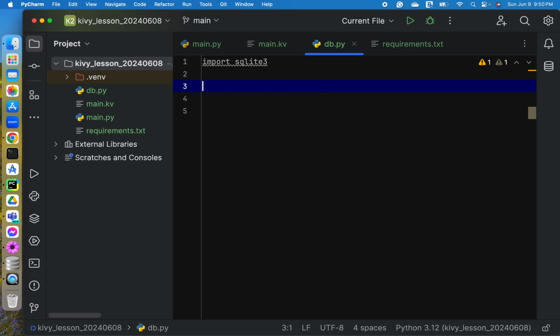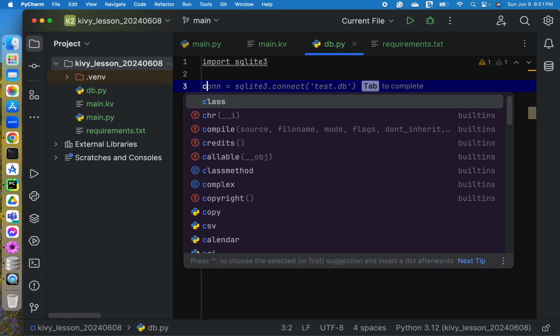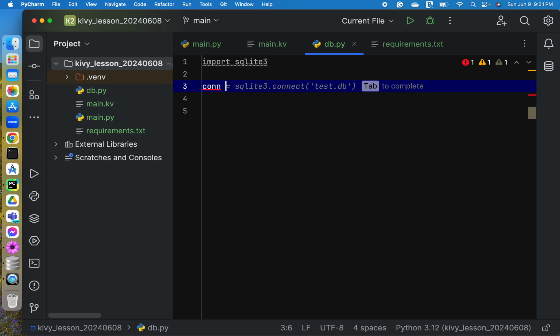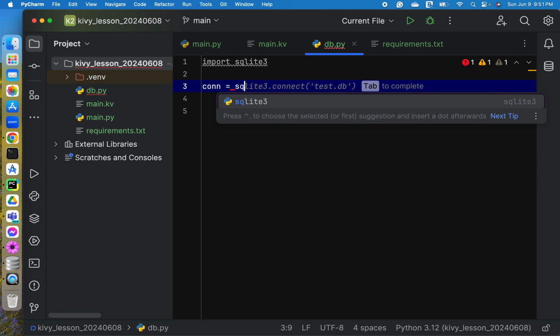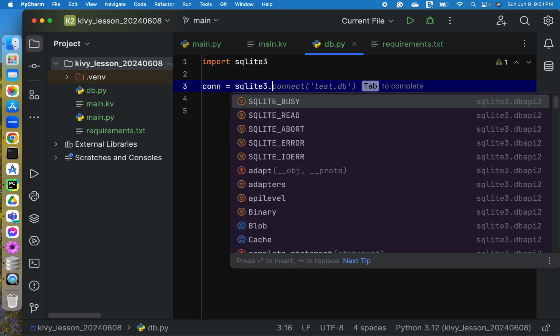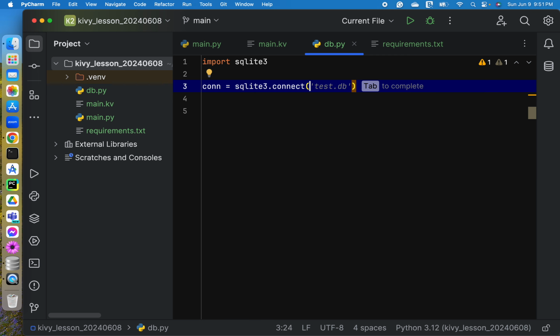Let's create our database. So how do we create a database in SQLite? In creating a database, let's type in a variable, con, and let's call our sqlite3 package, and let's connect to our database.